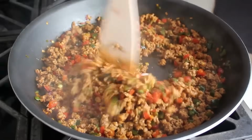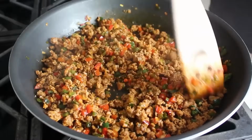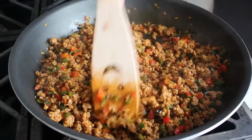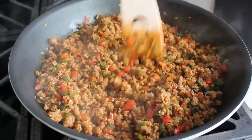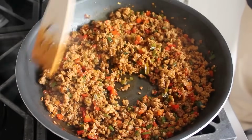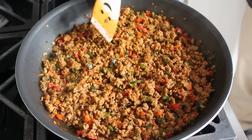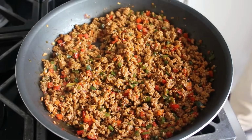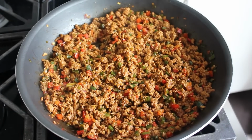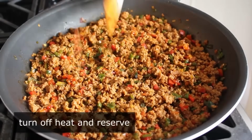And then besides the crumbling and the cooking, we'll also want to check to see if we need to drain any grease. But as you can see, I really didn't have that much, so I skipped that step, but something to pay attention to. And it's never a bad idea to give it a taste, because depending on how salty the sausage is, we may or may not want to add some salt. But mine was nicely seasoned, so I'm going to use this mixture as is. And then once we're happy with this mixture, we'll simply turn off the heat and set that aside while we